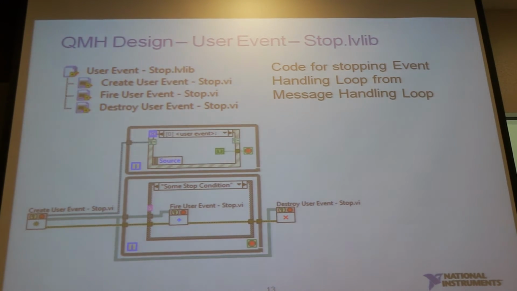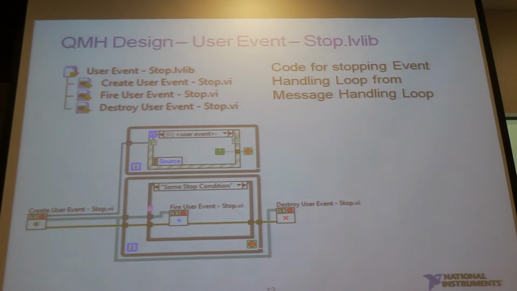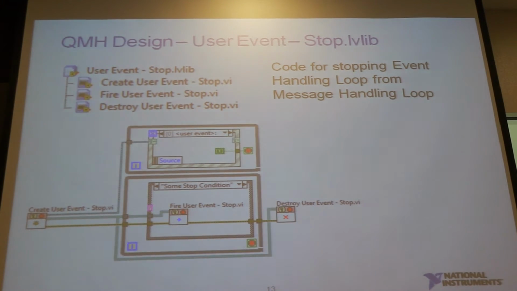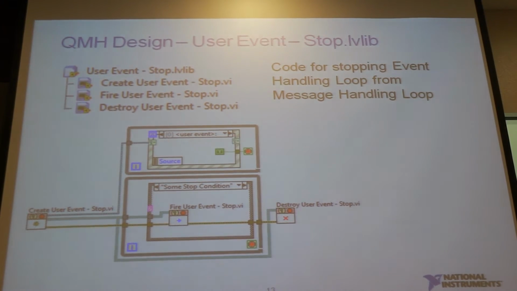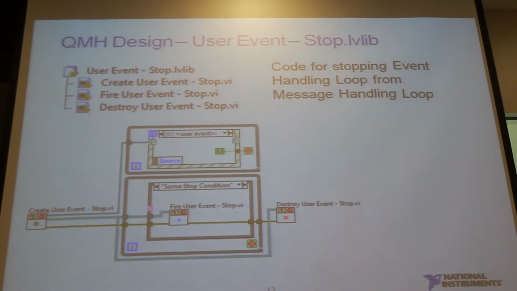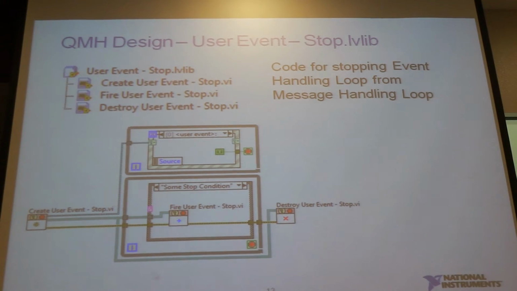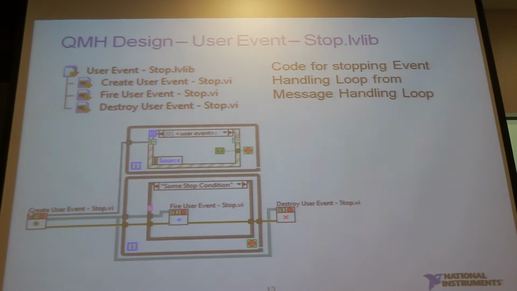Now the issue here comes when, what if you want the bottom loop to stop the top loop? How would you do it? In this instance, this is why we are using the user event. And how does the user event work? If you are familiar with some other environments, they call it the event callback. Basically you are generating an event programmatically. So there's already an event structure at the top. All you have to do is generate a user event programmatically, and you are able to stop the top loop. So again here, before the loop starts, I'm going to create a user event.